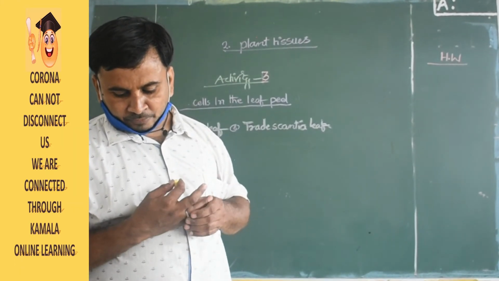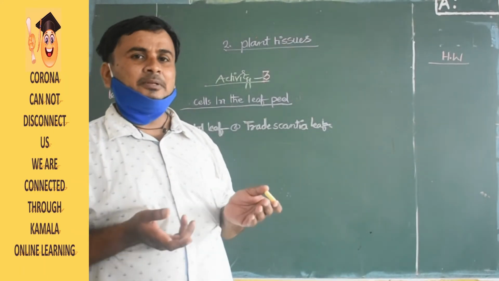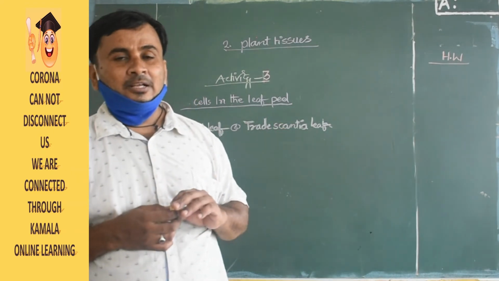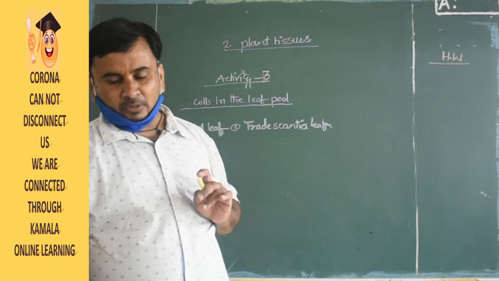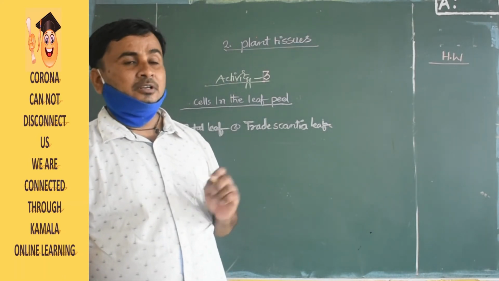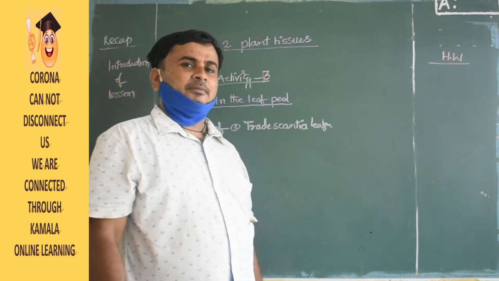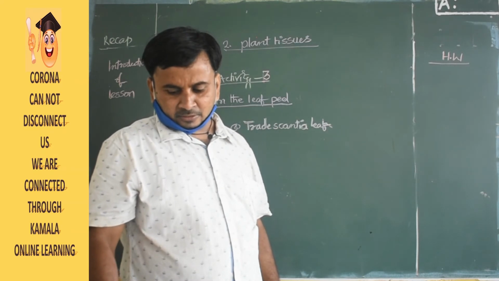Now, is there any difference in their arrangements? No, the arrangement will be similar. As with the onion peel cells, the arrangement in the leaf will also be similar. Based on what you have observed in the above activities, the cells look similar and the arrangement is somewhat similar. Next, have you noticed that all the cells are in groups in both the activities?